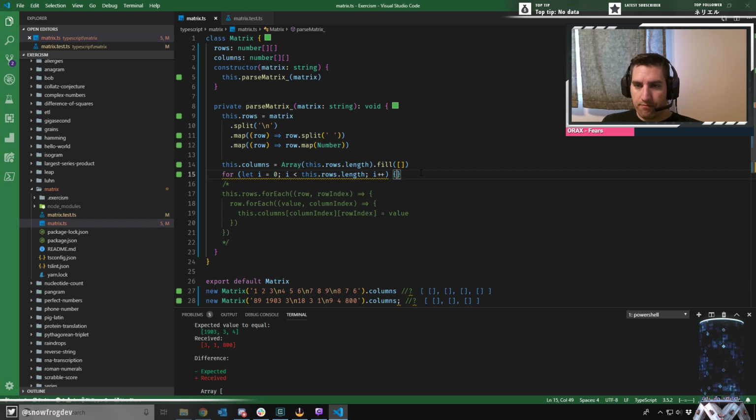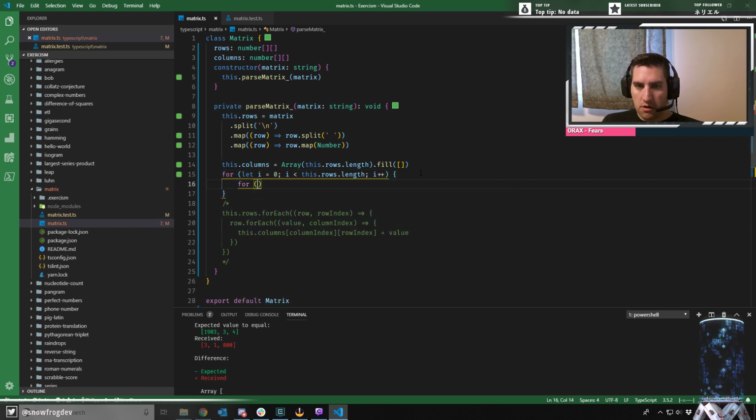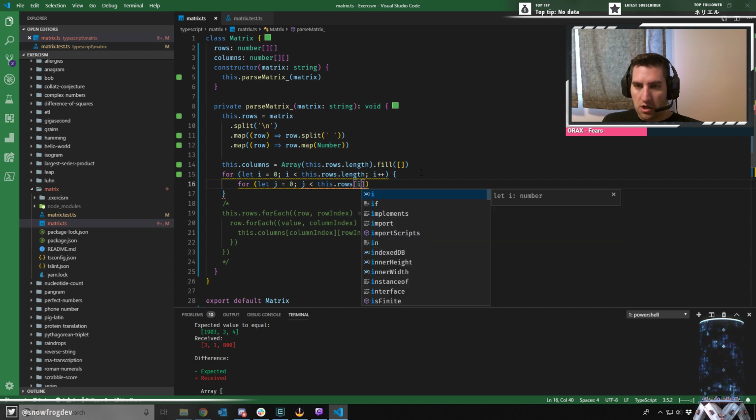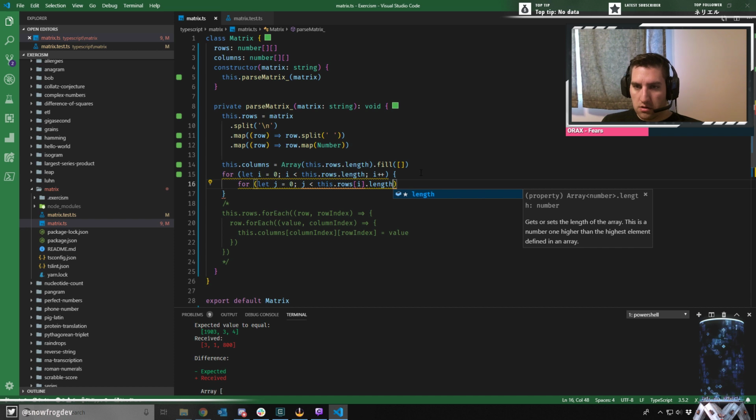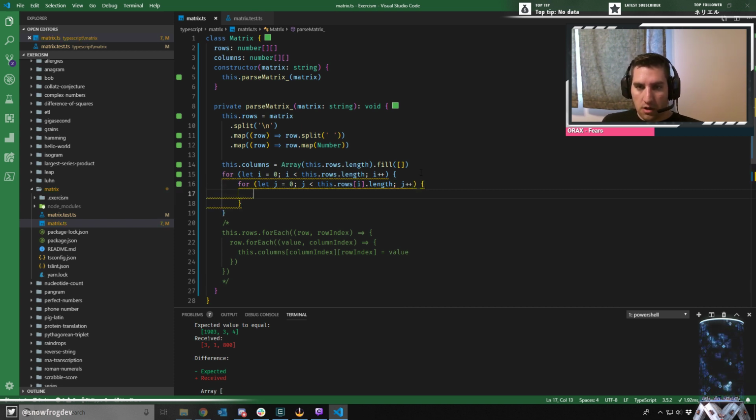Okay. Then for let j equals 0, and j is smaller than this.rows[i].length. Let's do it that way. Although I could store it, but I don't really care because it's all small stuff. Okay, and then